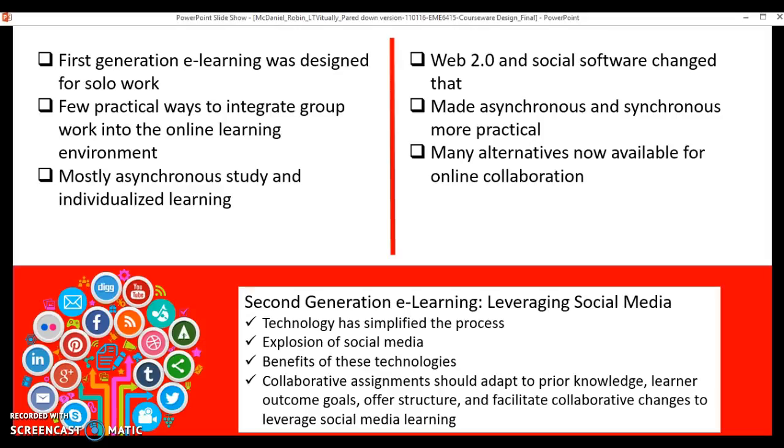The explosion of social media may also be of assistance, although there's no real clear evidence that it contributes to learning at this point. The benefits of these technologies are dependent upon how they are utilized. So a collaborative assignment should adapt to prior knowledge, learner outcome goals, offer structure, and facilitate collaborative changes to leverage